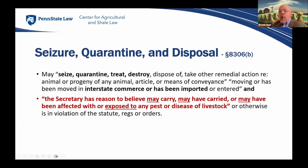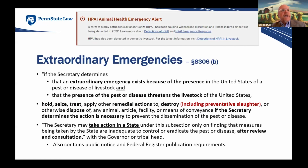That's why poultry that does not have the disease can be ordered to be destroyed, because it has been exposed to the disease in some way, shape, or form. One chicken in a house of 100,000 ends up being a sufficient exposure with regard to that extremely significant disease that essentially is a fatal disease to poultry. And of course, those other animals become the means of conveyance, the exposure to them. So those are the basic concepts that you have to apply here. Now, I'll tell you what, I'm going to